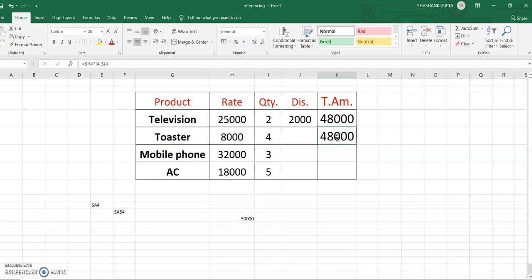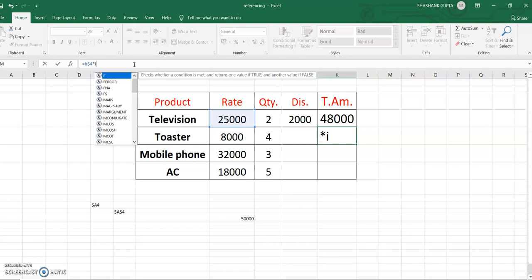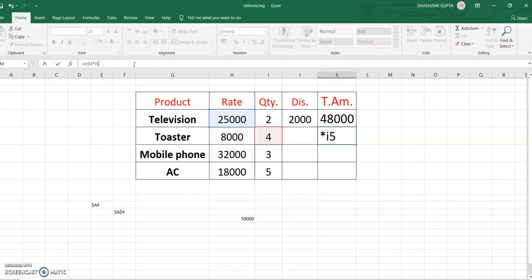Okay, but if you want to change it, equal to H$4 into I5 minus $J$4, right? So you will get 98,000.